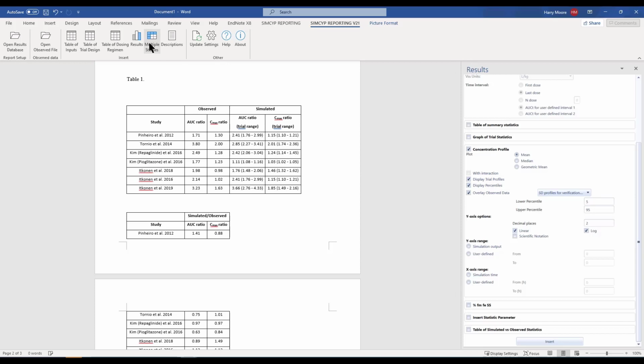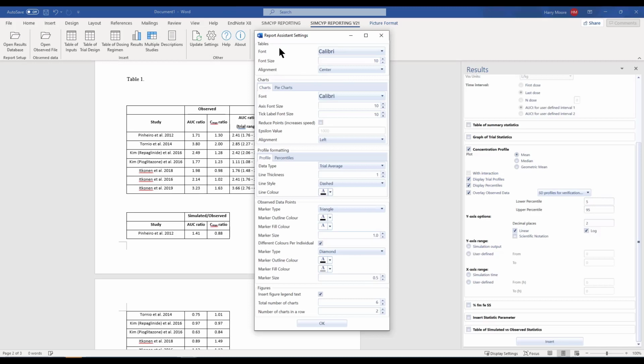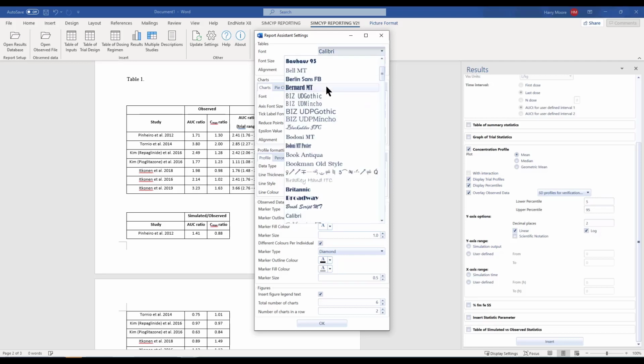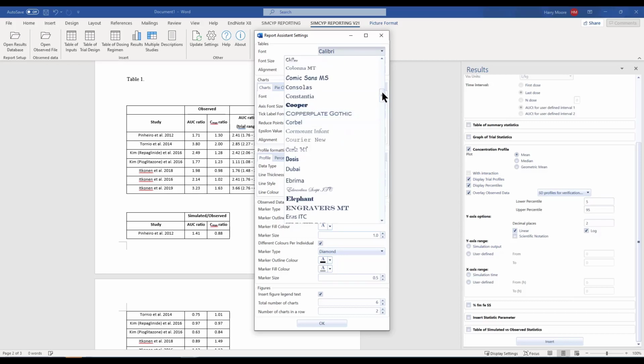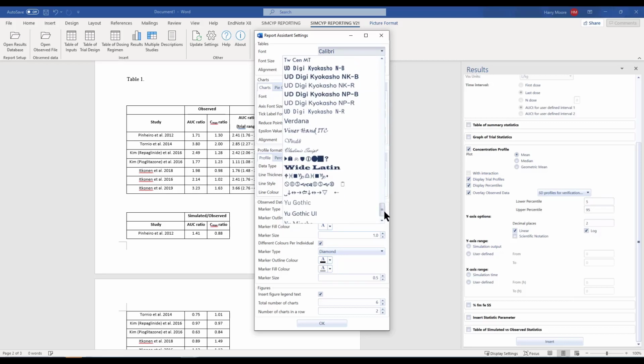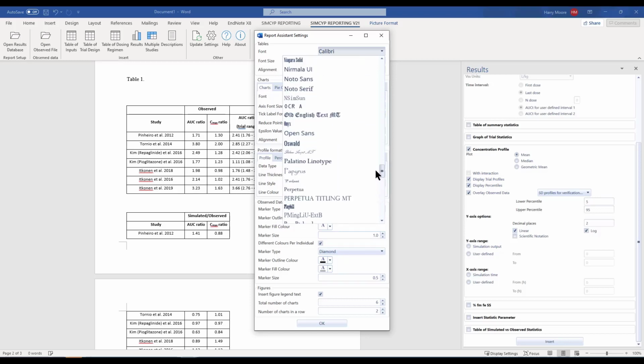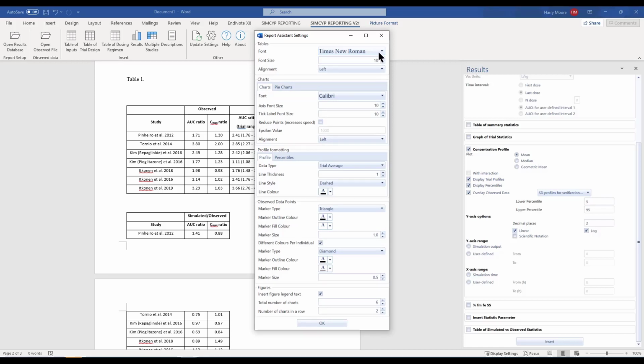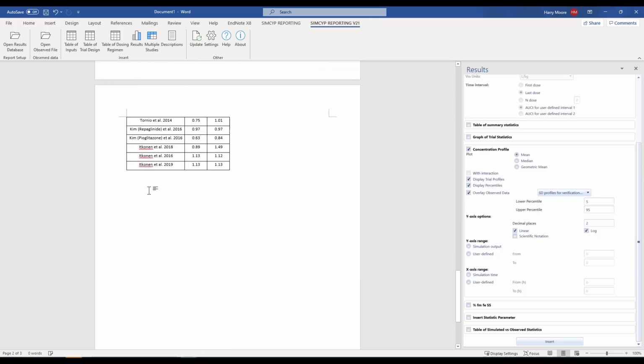Next, we'll be looking at the changes we can make to tables. That was your first option here. Tables is really quite simple. You can change the font or the font size or the alignment. So I'll just show you the quick difference. We align it to the left and we change it to Times New Roman. And I want to increase the font size a little bit. So now when I insert the new table,